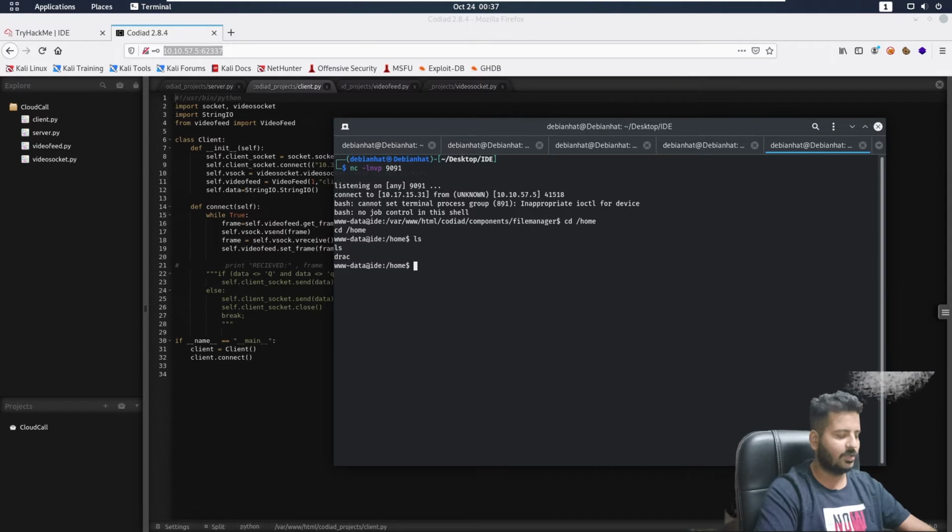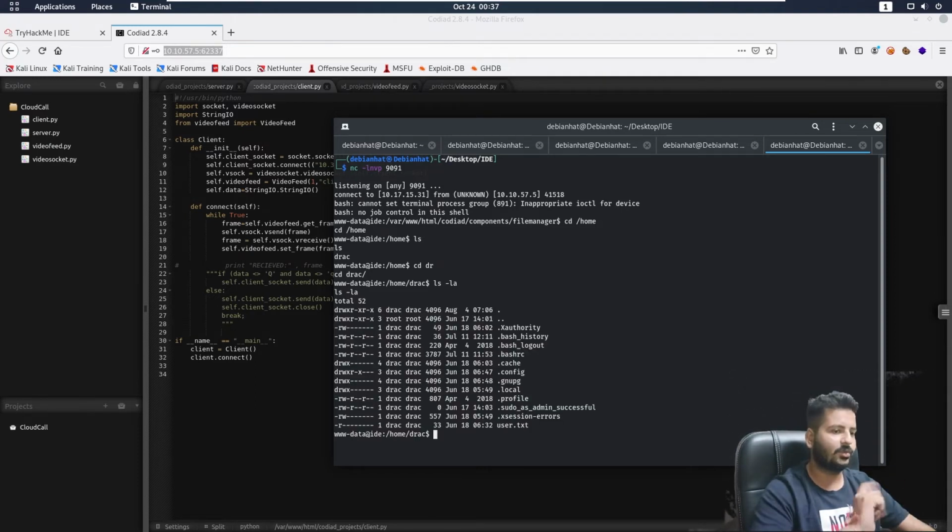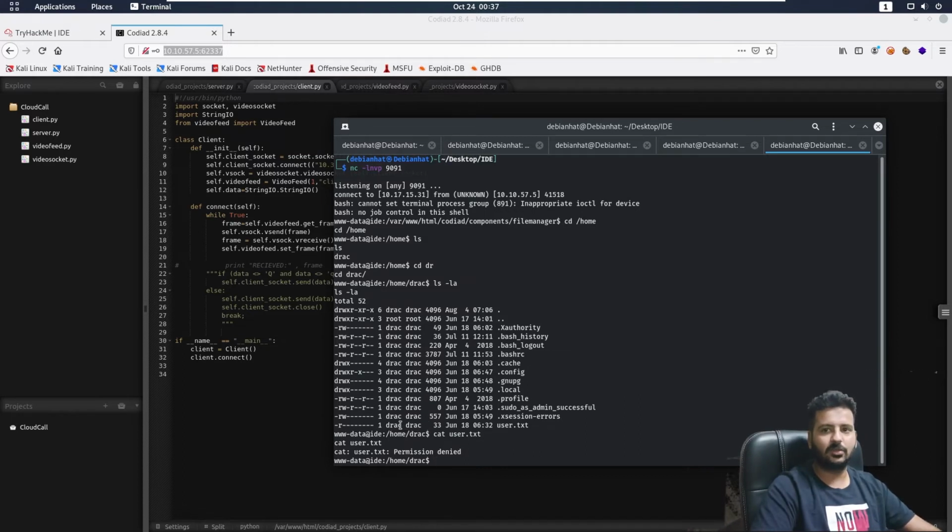Therein I see a user, so ls -la. What is interesting over here that I can find out, user.txt. Let's try and read that if we'd be able to. But no, it says permission denied, that we are not able to read this because read permissions are with the user, that is drac. So we cannot do anything with that.